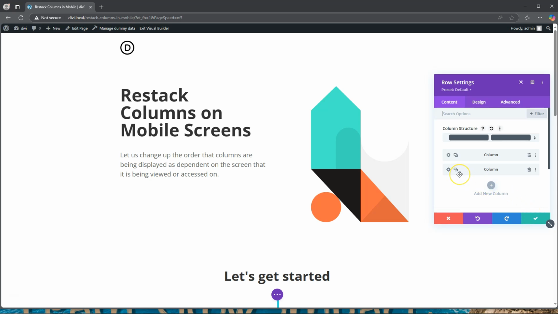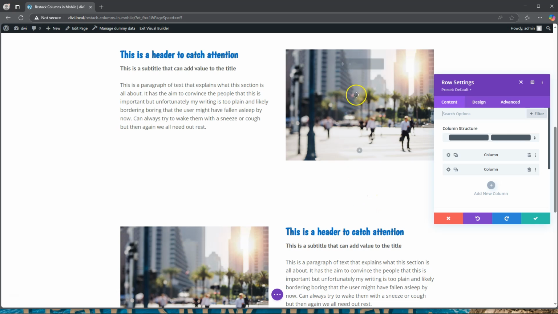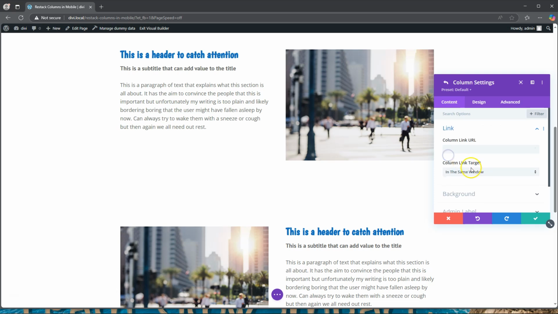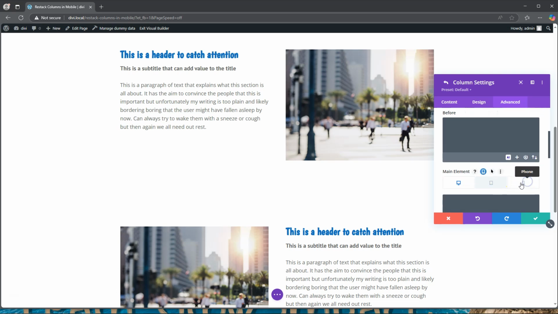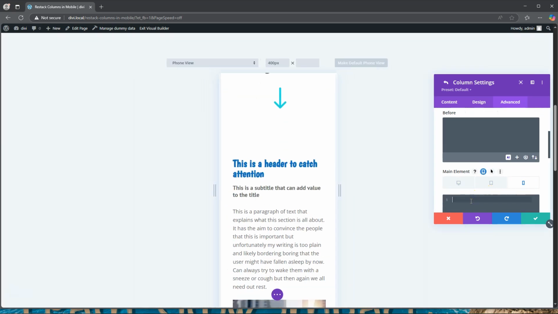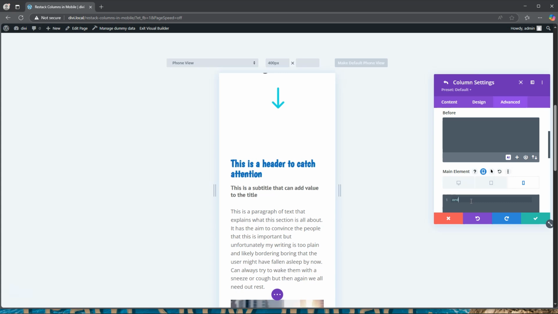Now, I did say it's 3 lines of code, but it seems I lied to you, because there's actually going to be a 4th line. Now, I'm sure you can guess what that is, right? If we have already said that we want this to be order 1, we obviously need to jump into the other column and tell this one that on mobile view, we want this to be order